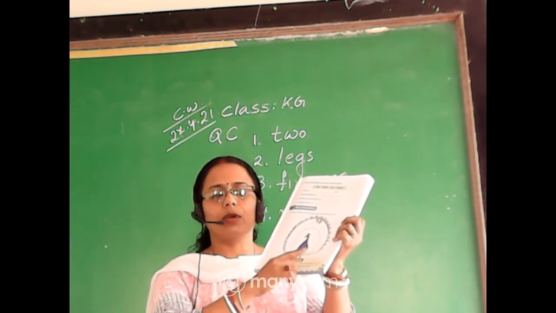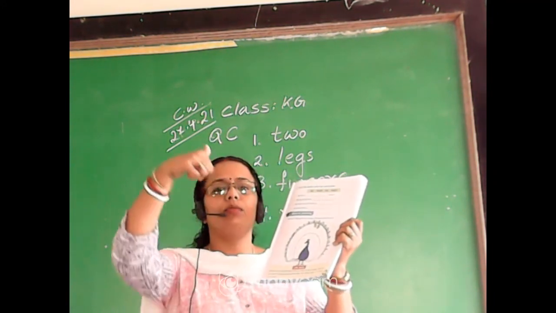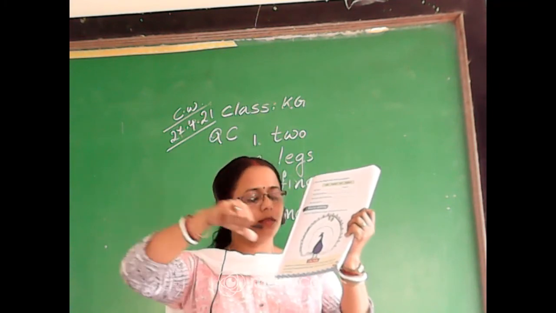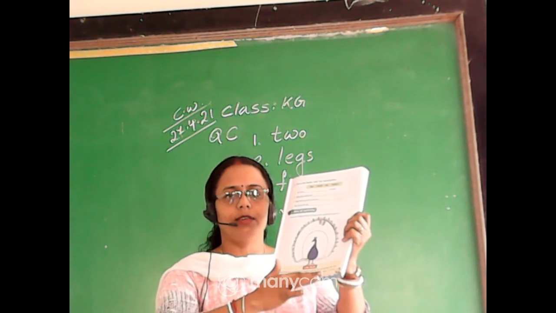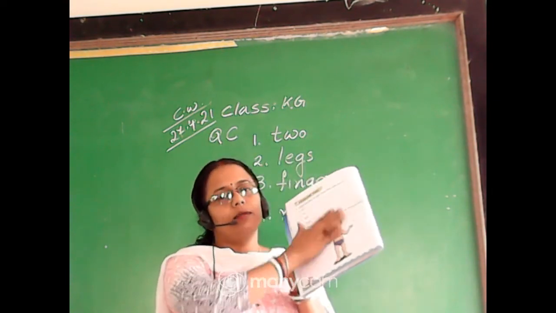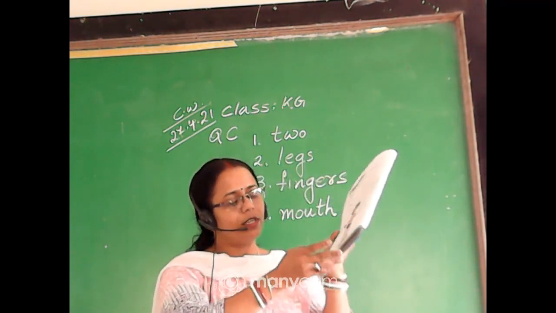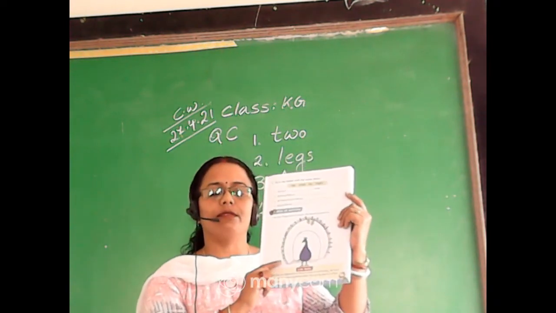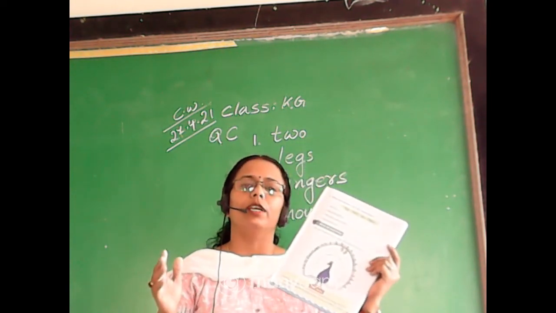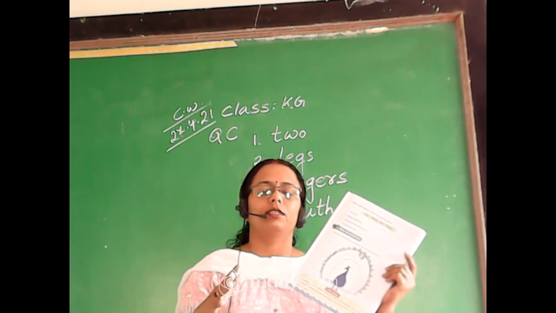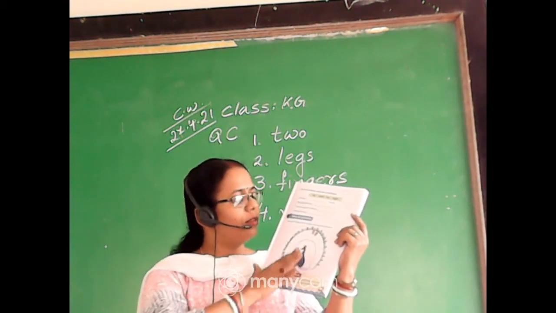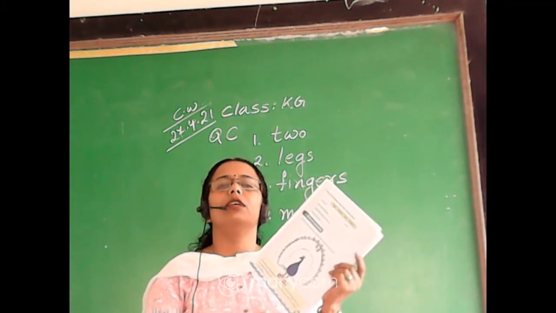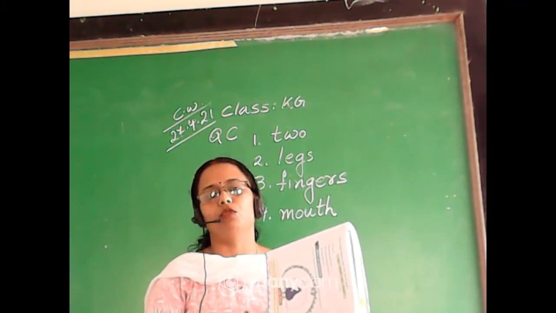So you just complete it. Complete this one, put the impression like this and make a colorful picture. Page number 16 and page number 17 will be uploaded on the e-portal, and you just complete it. Already you have completed the textual part, you complete the picture and you send it to me. I will check it on e-portal.